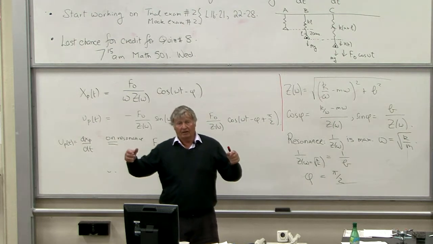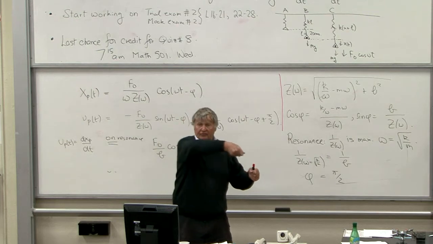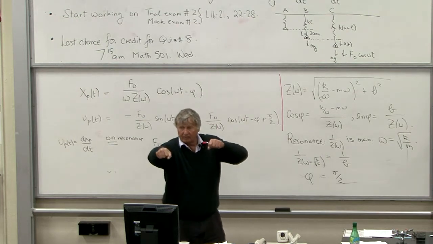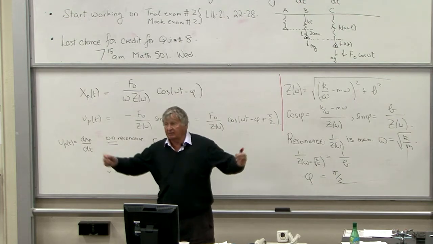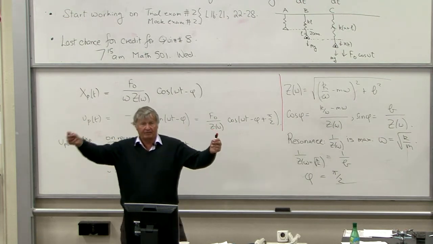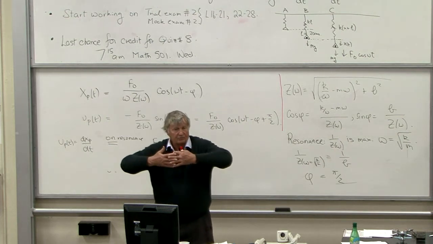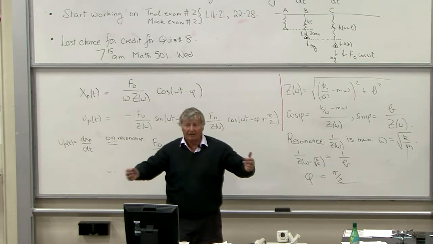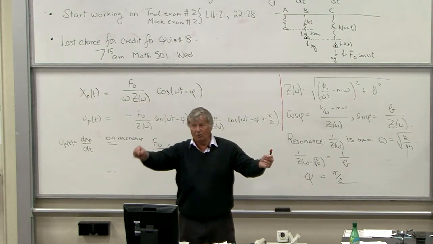Then you can have a mode of the bridge in which it sort of buckles once and then moves backwards and forwards like that. Okay? It's like a violin string. You can have the fundamental mode, which is just the bridge going backwards and forwards like this, and then the first octave, the next mode,